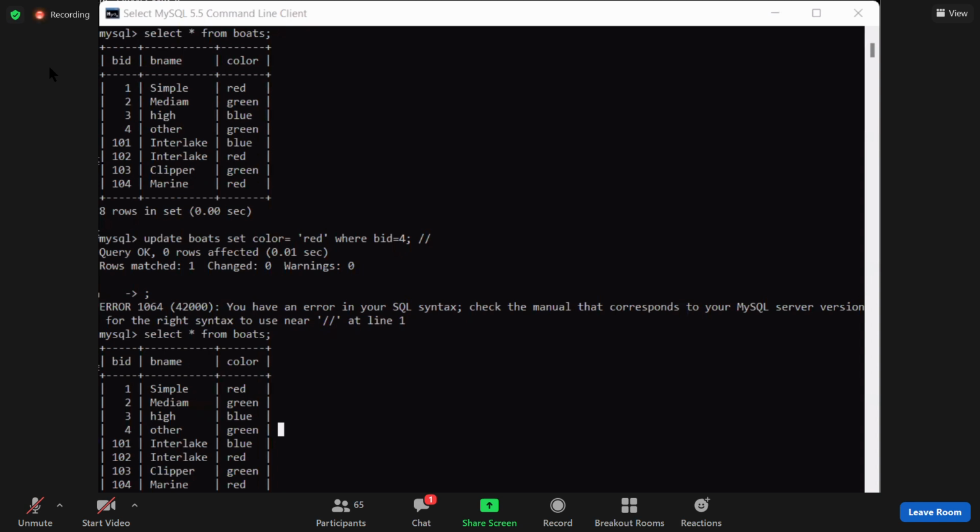Say there is a passenger table. Instead of the passenger table, I am asking you to replace it with the table either boats, sailors, or reserves. Do replace this particular table with anything. Once again, like earlier, I do this particular thing.